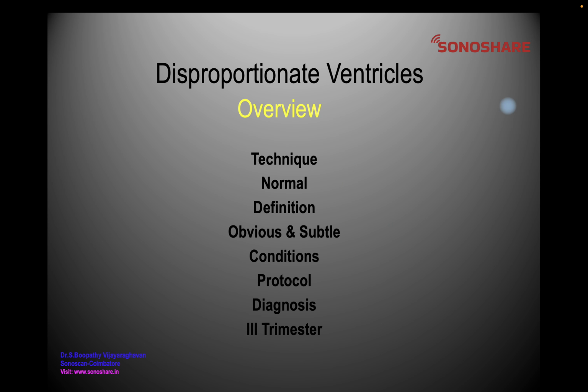So this lecture will be covered under the headings of technique of fetal echo and normal appearance of the ventricles and biometry, definition of the lead point sign of disproportionate ventricles, which can be obvious or subtle, where biometry becomes important, conditions presenting as disproportionate ventricles, protocol for differential diagnosis, and conditions of disproportionate ventricles in the third trimester in specific, besides the second trimester. So all this will be covered in this